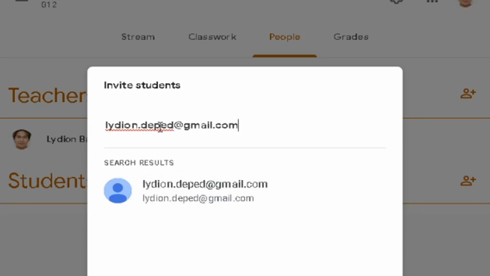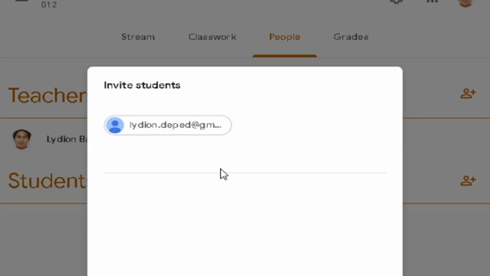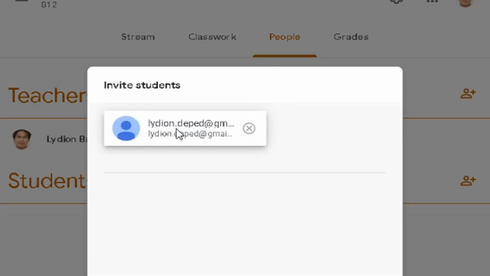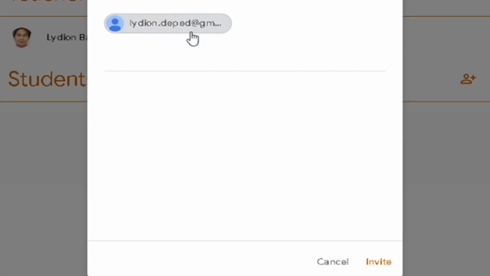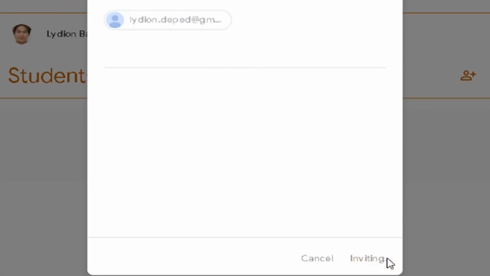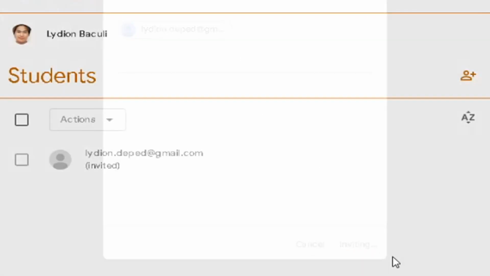Which means the email address is unique, so there is no duplicate of your email address. This one is the email address of my right screen. Take a look at this one, guys. So let's invite this student. Invite. If you click invite, guys, legion.deped@gmail.com is invited, but it is not yet